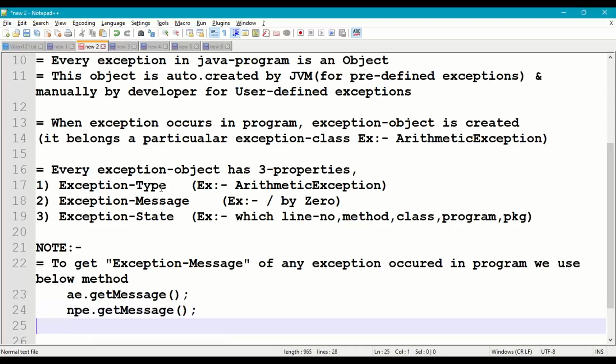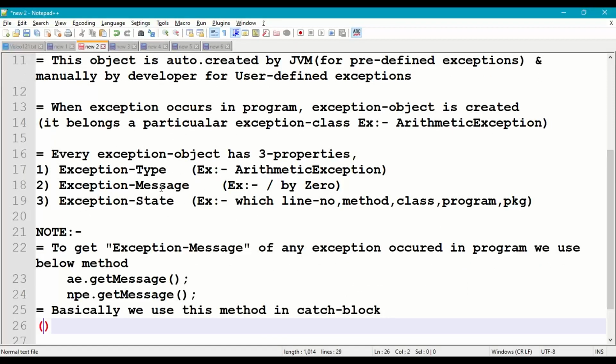Basically we use this method in catch block, because in catch block only we accept the exception. That's why we use it in catch block, right?